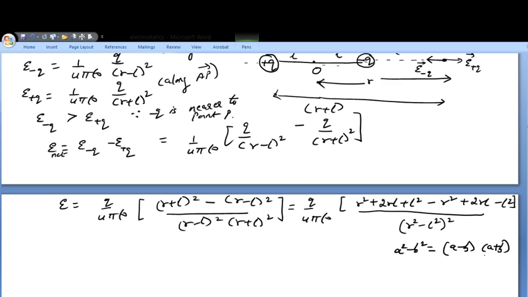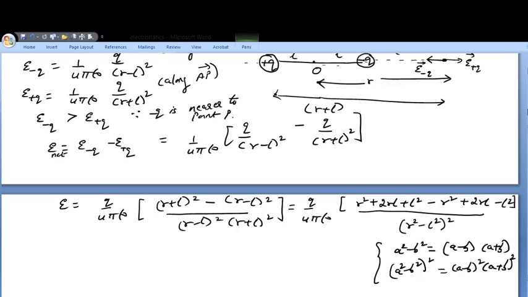So if I square both the sides, what will I have? (A square minus B square) the whole square will be equal to (A minus B) square and (A plus B) square. So this is exactly, if you say A is substituted by R and B by L, you get the same equation. So (R minus L) square, (R plus L) square can be written as (R square minus L square) the whole square. So this mathematics part, I hope it is clear.